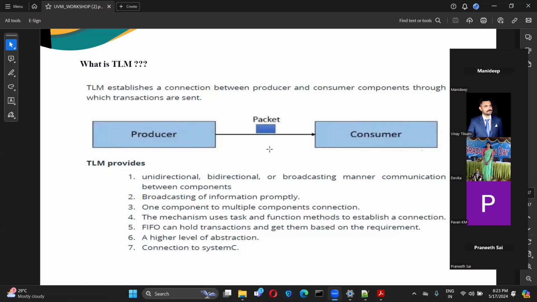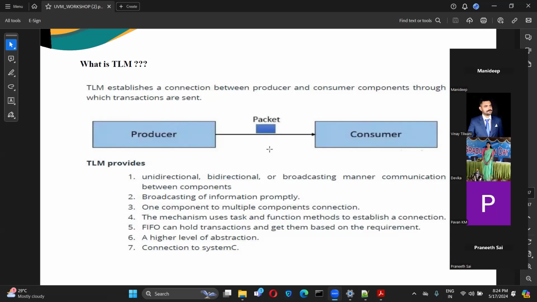So basically, the analysis port gives an advantage of having zero connection as well. It gives the one-to-many connection, and it also allows zero connection. It will not give us any error saying that it is not connected anywhere. There could be a scenario where at the beginning you have different components, and then with the UVM factory you are trying to remove a particular component and you don't want to use it further. In that case, you can just remove that connection. It can have zero connection and it will not give you any error saying that it is left unconnected. So that is the main advantage of using the analysis ports.